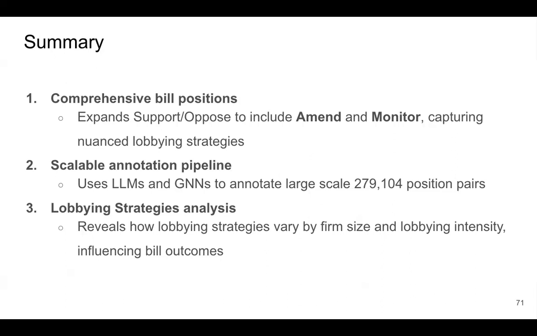Yeah, go ahead. This is sort of not very relevant, but out of curiosity, did you have an exact dollar amount for each lobby bill? And were you able to identify, in addition to bill size, how expensive a progressive versus a conservative bill might be for lobbying? Yeah, that's a really good question.